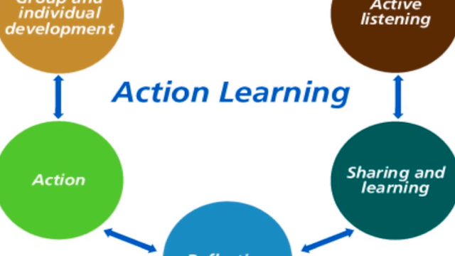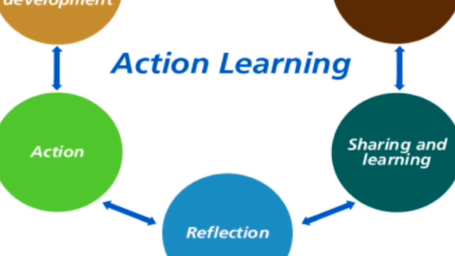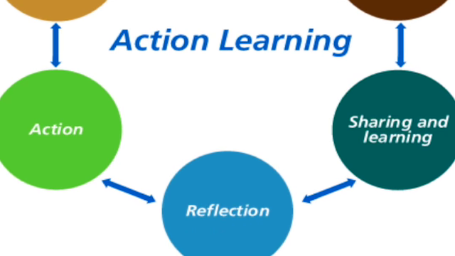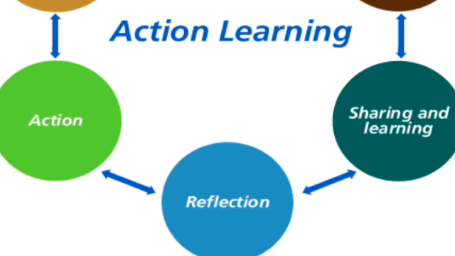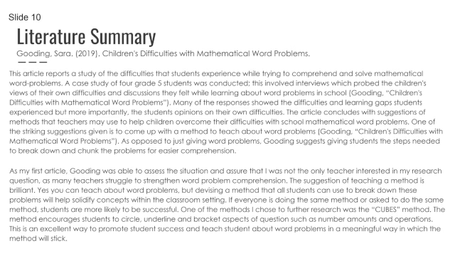This is because action research follows different stages or sequences that help teachers get to the bottom of their problems. After we've gone over our definitions and some keywords that we'll find in our research, we're going to review some literature. Reading up on other people's analysis of this problem or similar problems helps us gain insight into what we're looking into. The first piece of literature that I read was titled Children's Difficulties with Mathematical Word Problems by Sarah